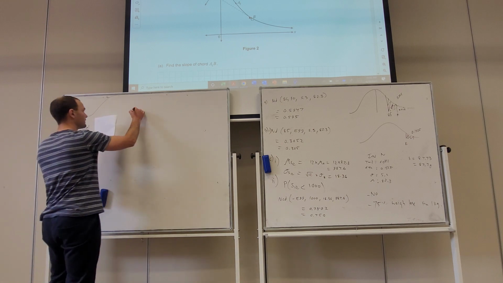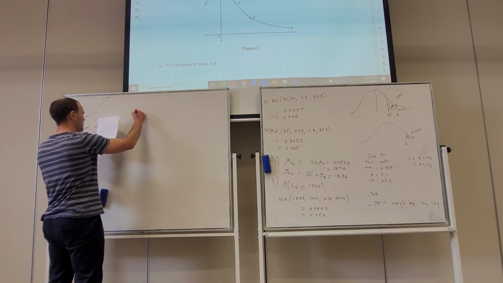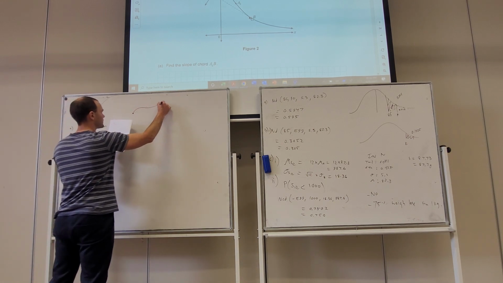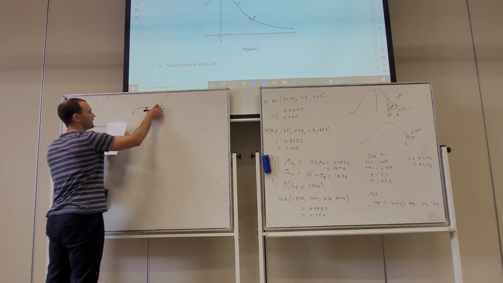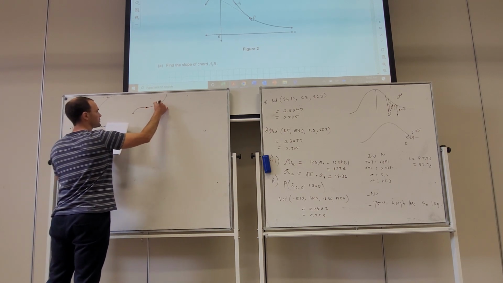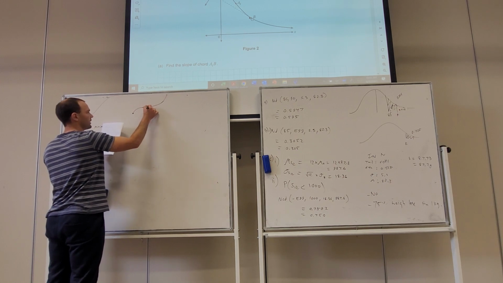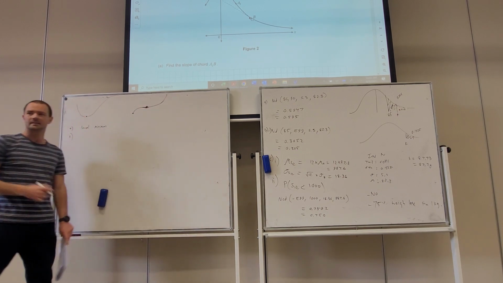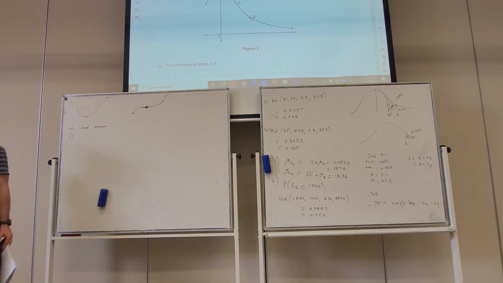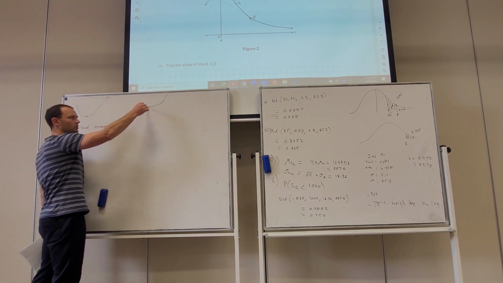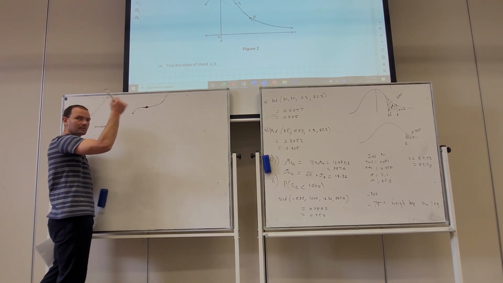Okay, so you can see it from looking at it, but it's confirmed from the sign diagram. It goes like this. Okay, I exaggerated that too much. It's not like that. Horizontal there. We call that stationary inflection because it's concave down and it changes to concave up, and the slope is